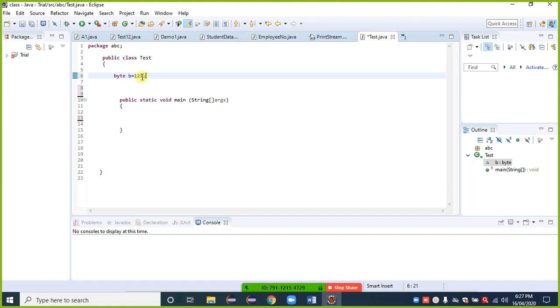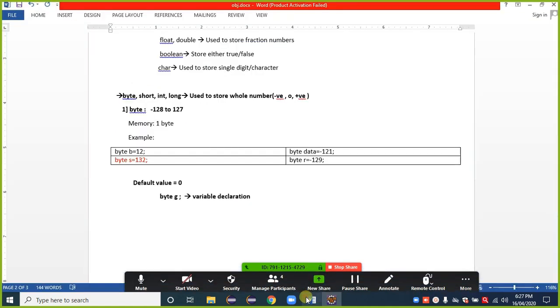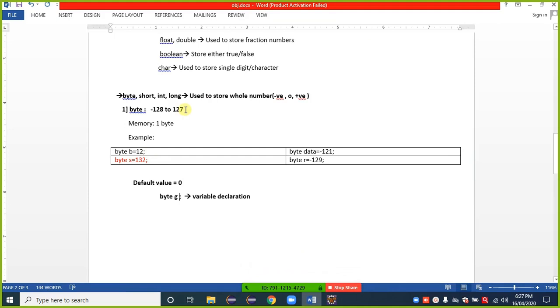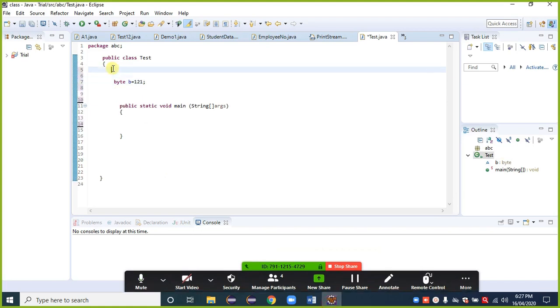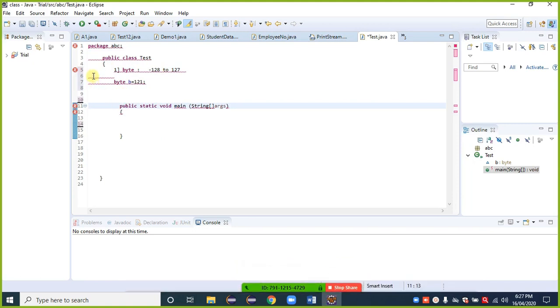You can see here it can easily store that value, because what is the limit for byte? We know that: minus 128 to plus 127. I'm writing here, and Java shows an error. Why?